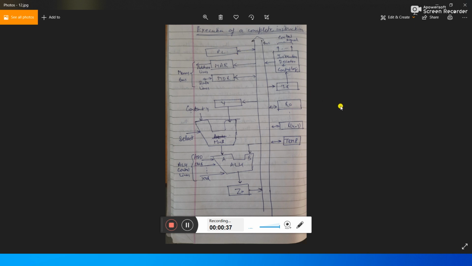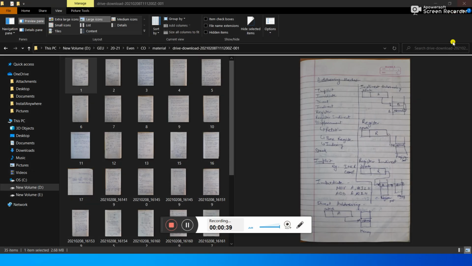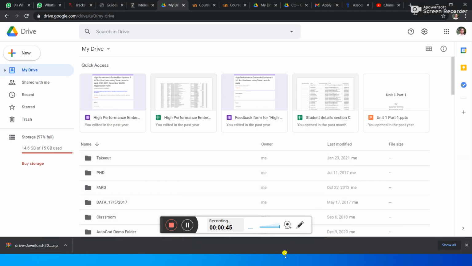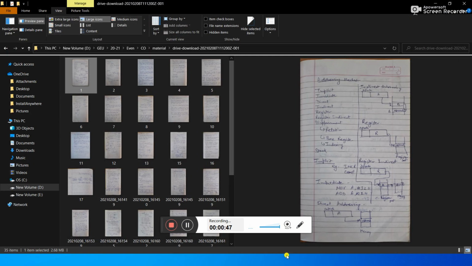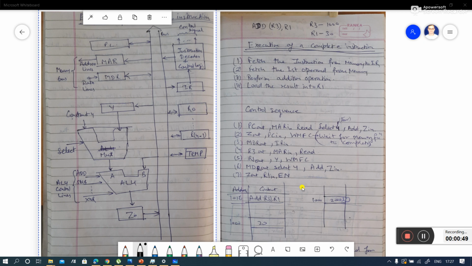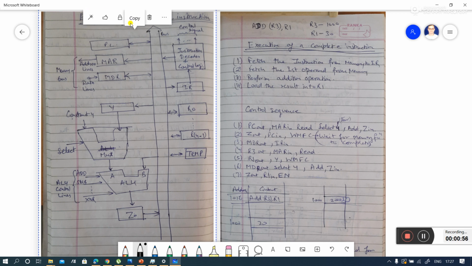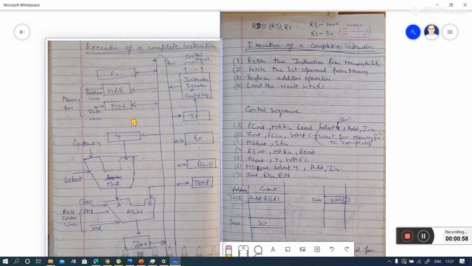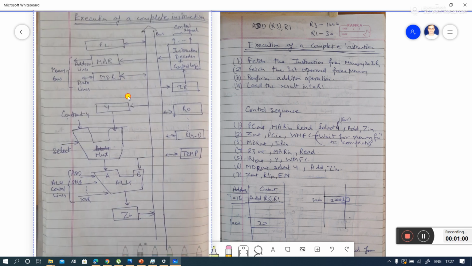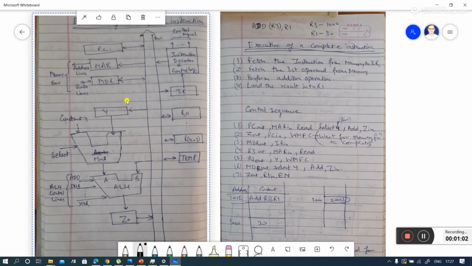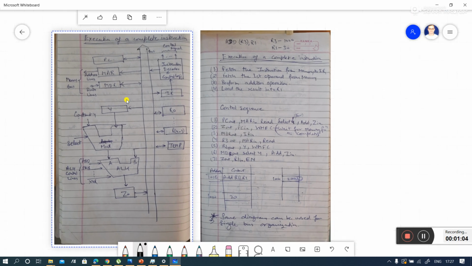For this I will start to find. Here you may find the single bus architecture, and you can see that we have one single bus architecture with some things which are important for you.